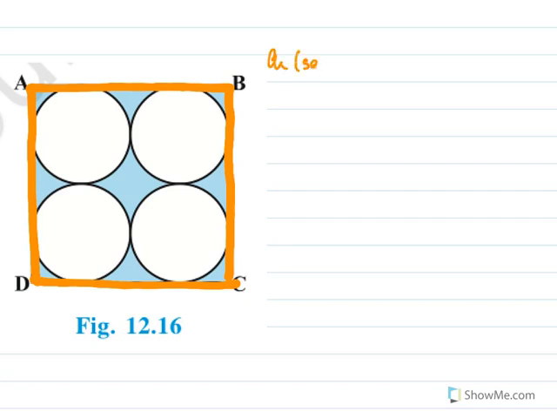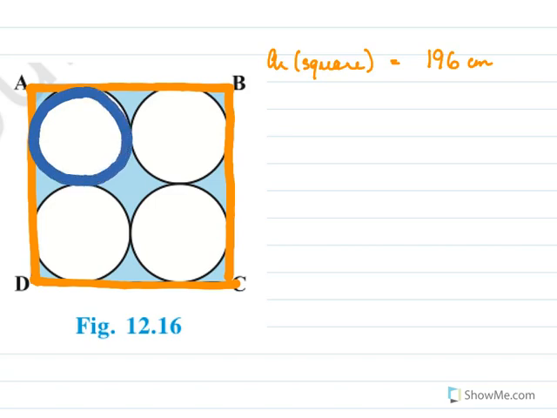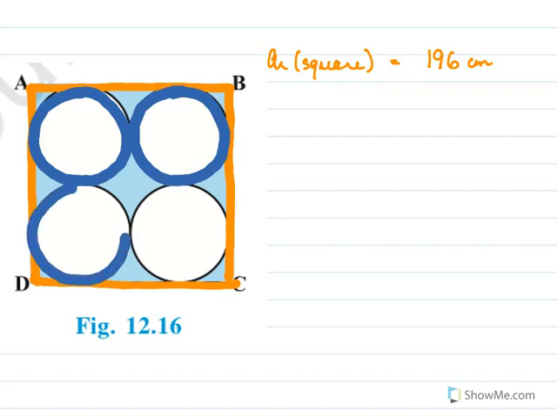So area of square equal to 196 centimeter square, and from there we are going to subtract these 4 circles, which we found the area as 154. Subtract the area of these 4 circles. So area of 4 circles